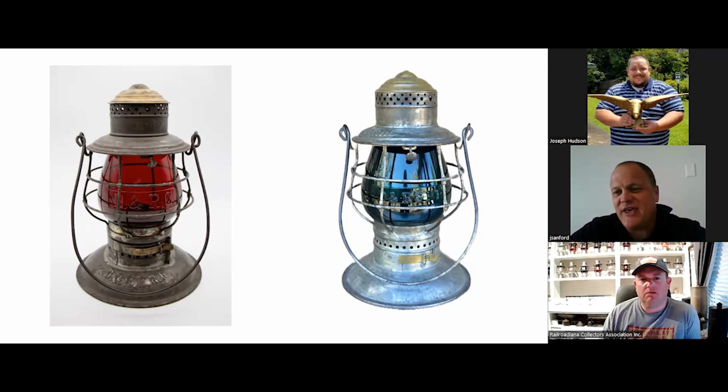And the interesting thing on the green on the Rio Grande is a lot of people call green the highball signal. On the Rio Grande, it's actually not a highball signal. It was used at the passenger stations. And according to the 1880s rule book, you display a green lantern and it means the passenger train has to stop and pick up orders. So it's actually not a highball, it's actually a stop, which is counterintuitive to how we